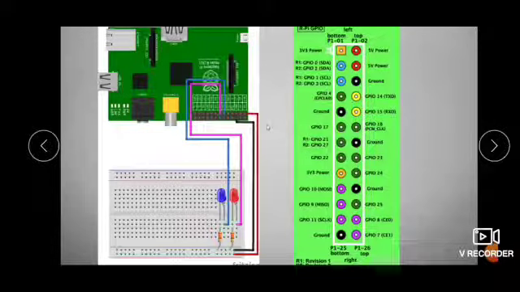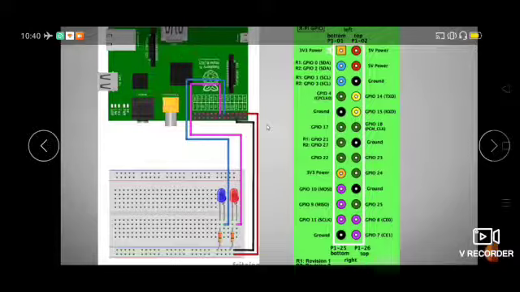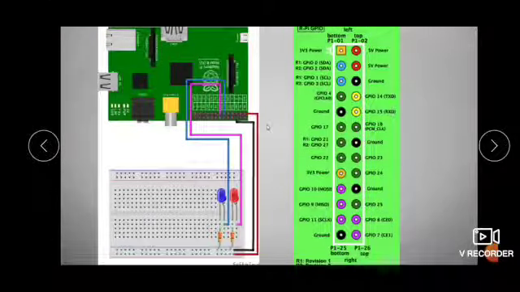So here the connections need to be done like this. This is the Raspberry Pi board. From the Raspberry Pi board, these are the GPIO pins. For pin number 17 and 27, you can see here this is pin number 17 and this is pin number 27, which are connected to LEDs through the blue line and the magenta line.